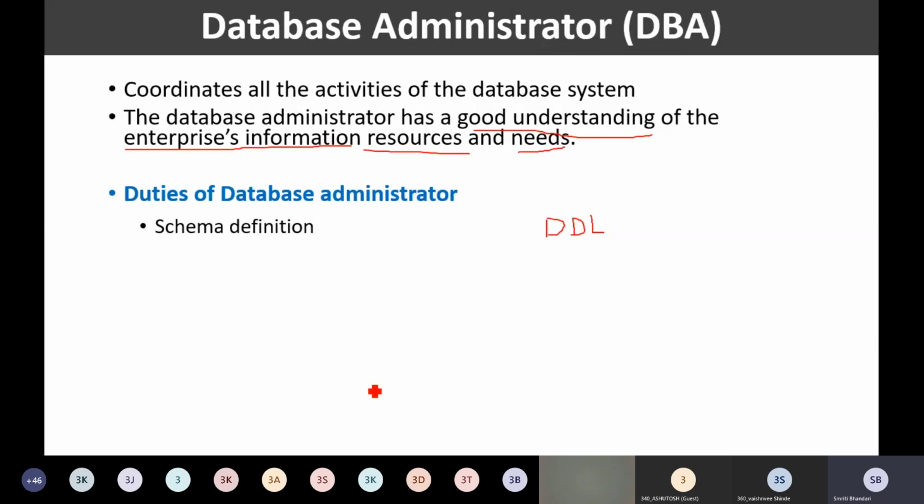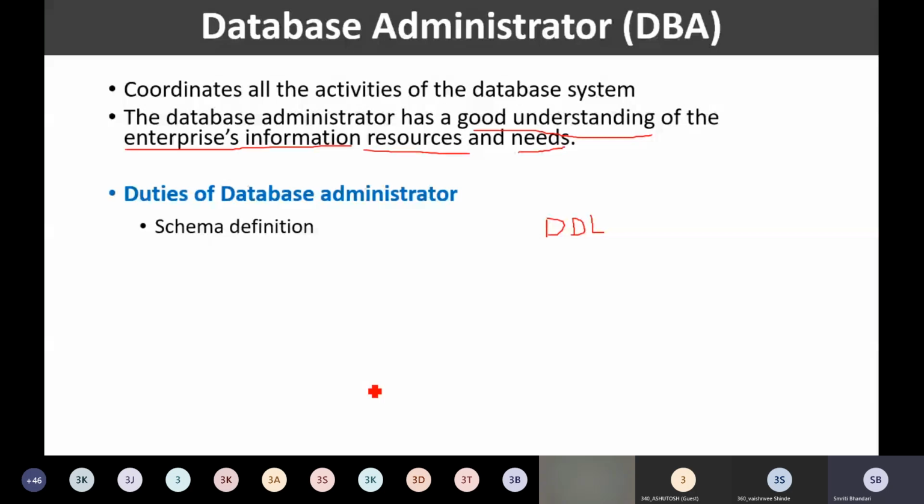Like the schema will have the table related to students, the table related to instructor, the table related to courses, the table related to department, right? So there are lots of tables. Actually, those are included in my university schema.